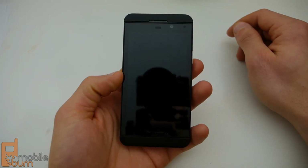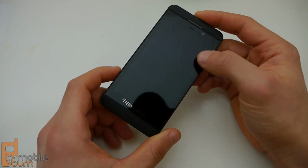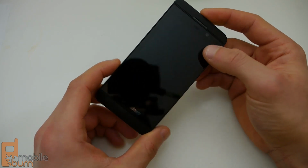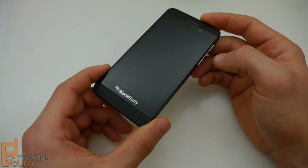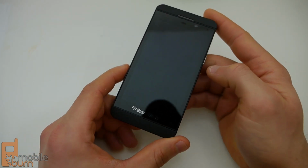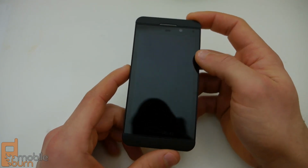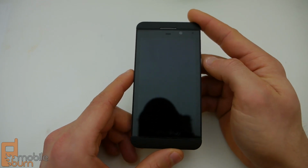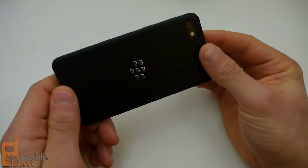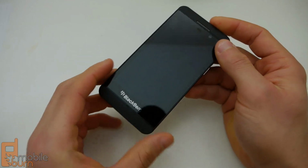First of all, let's talk a little bit about the hardware of this device. And the hardware is actually very impressive compared to older generation BlackBerry devices. It features a 4.2-inch display on the diagonal, and it has a resolution of 768 by 1280, which is the same resolution as the Nexus 4 has, but because of the smaller size of the display, it actually has 355 ppi. The processor inside the device is a Qualcomm S4 dual-core processor running at 1.5 gigahertz, and